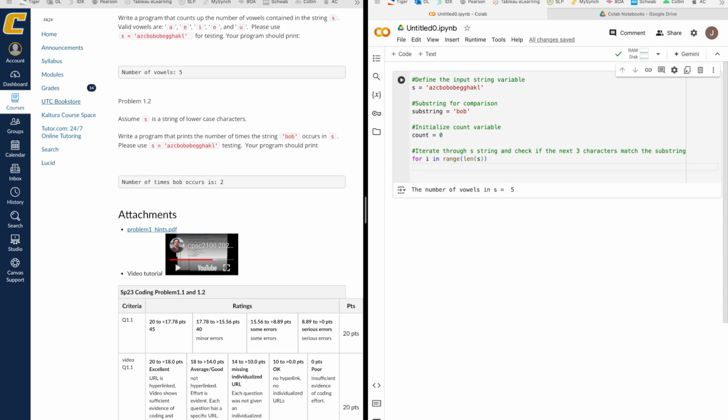All right, within the block of our for loop, we're going to have to check and make sure that each block of 3 of these letters does not equal our substring. So if